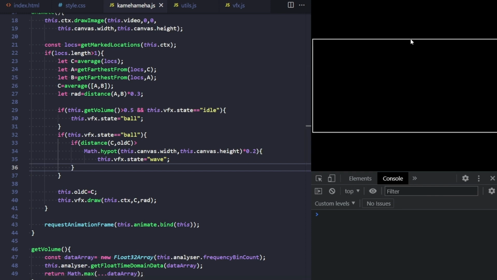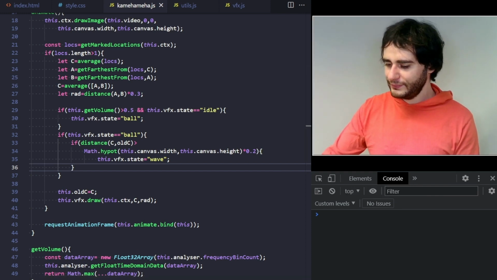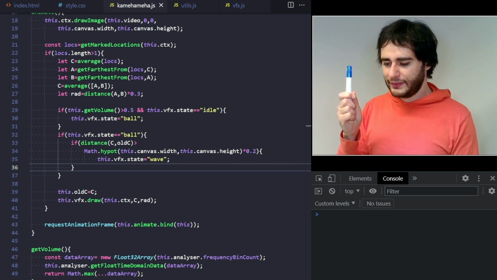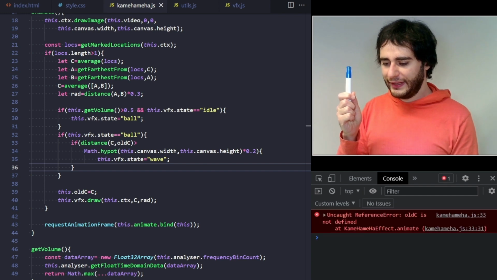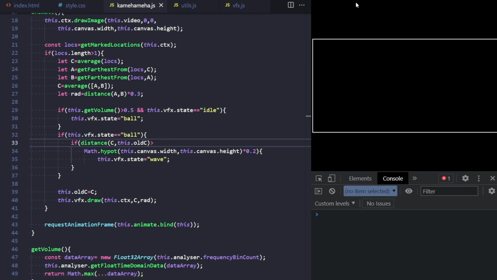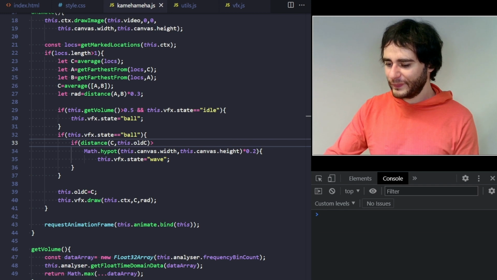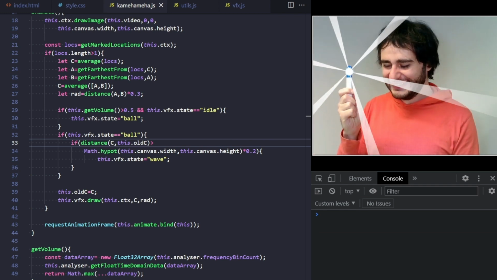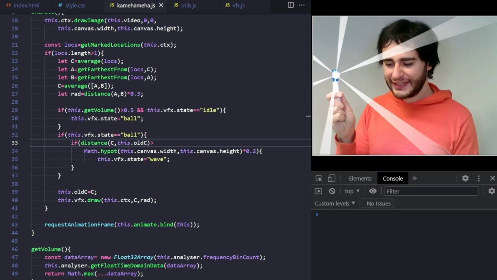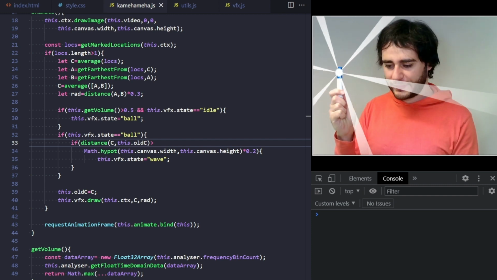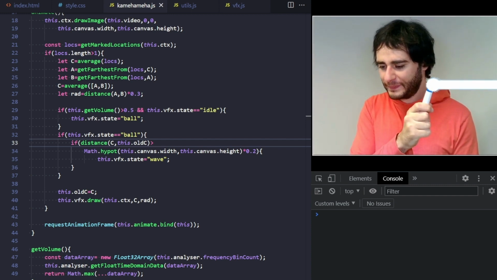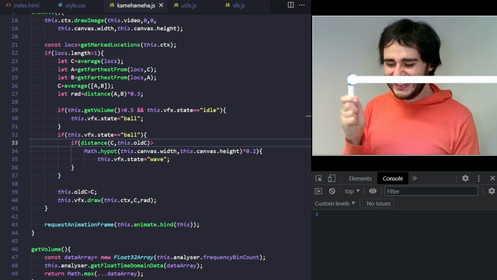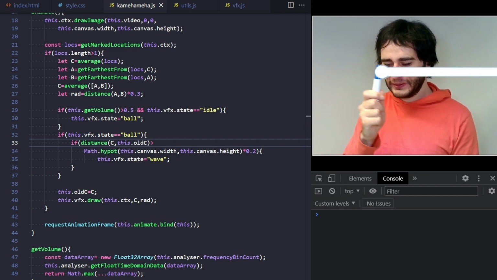Okay, now let's see. Okay, alt C is not defined. I forget here this alt C, and ha! Okay, so if I move it not so much, nothing happens, but if I move it fast, hey, it worked. So now it has the